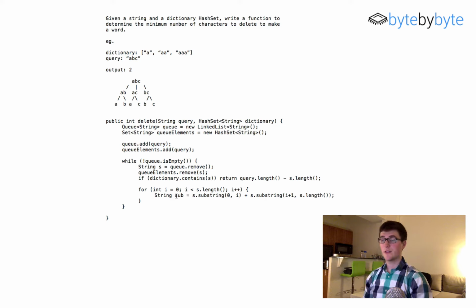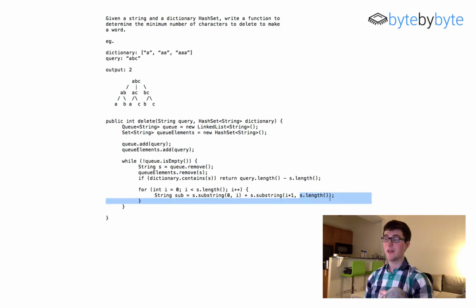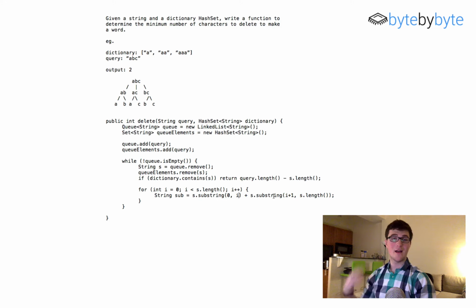And as you can see, what we're doing here is substring takes the first index inclusive, and the second index exclusive. So we're basically taking the characters from 0 to I, not including I, so 0 to I minus 1, and then this is taking I plus 1 to s.length minus 1, or the end of the string. So we're just chopping out the character that's at index I,